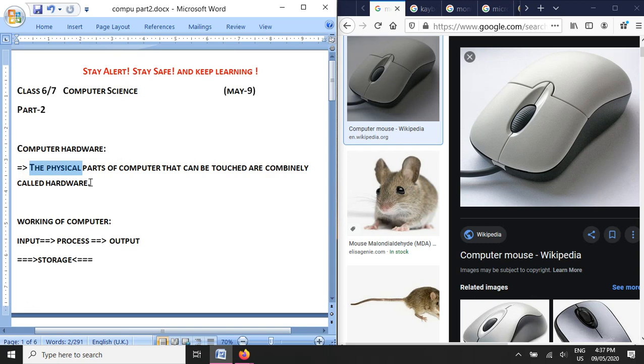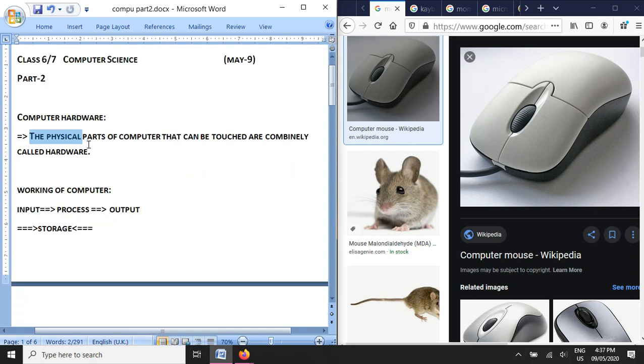Those parts of the computer like keyboard, mouse, monitor, we can touch them with our hand. Those are the physical parts, and we call them the computer hardware. Computer hardware makes the existence of the computer. By seeing the hardware we see there is the computer. Okay, so that is the basic introduction.